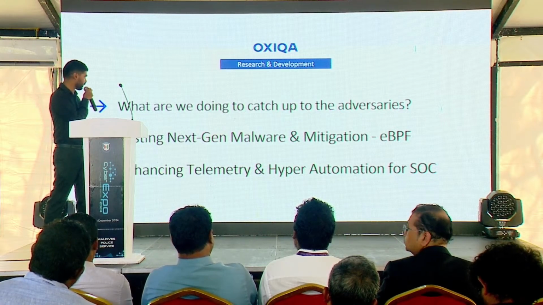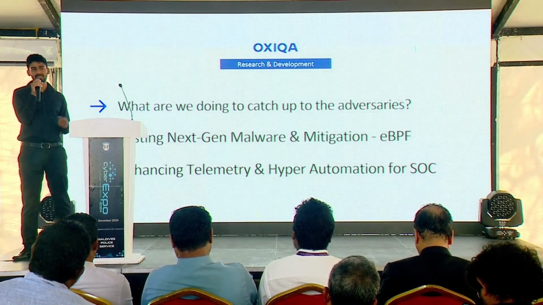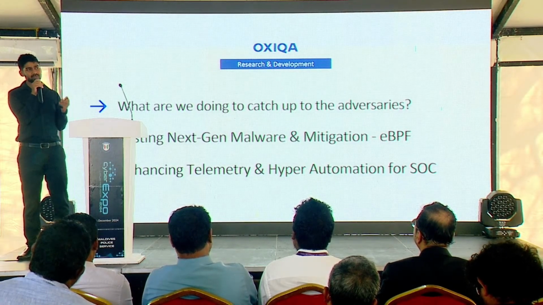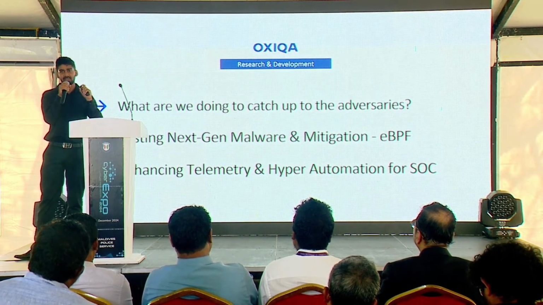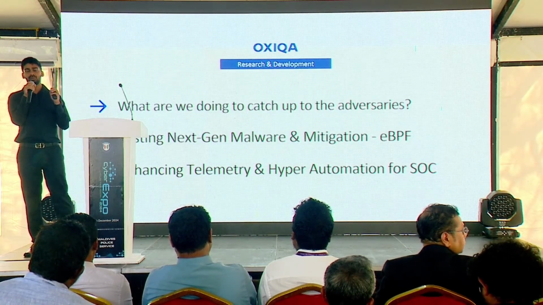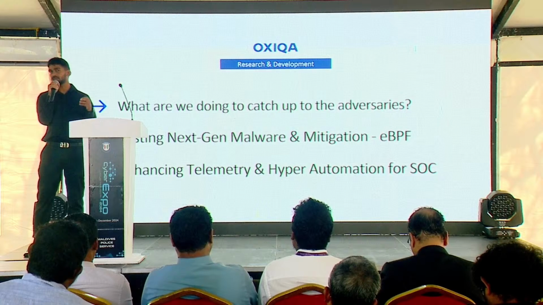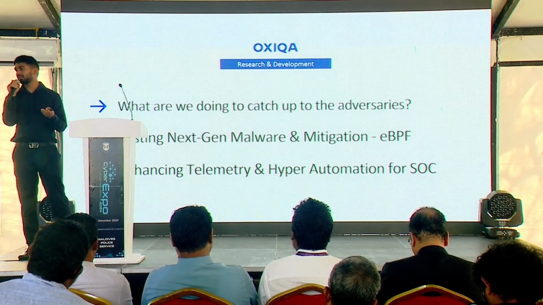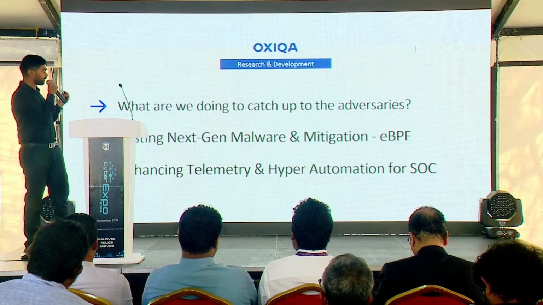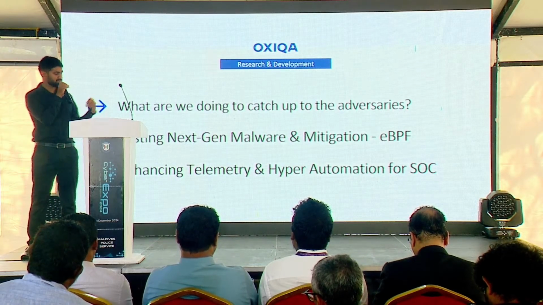And we are also looking at enhancing telemetry, because from a SOC perspective, what we believe is in digital forensics, if you're able to do it at scale, like if you're able to identify something in a similar pattern, there are similar vulnerabilities as well, which can be exploited to run an executable which will not show the parent process ID. So as an analyst, when you look in, you wouldn't know what was the parent process. When there is a situation like that or something complex, you can run your playbooks, or we can do those automations, what we call hyper automations.